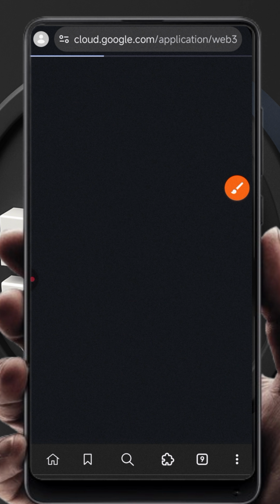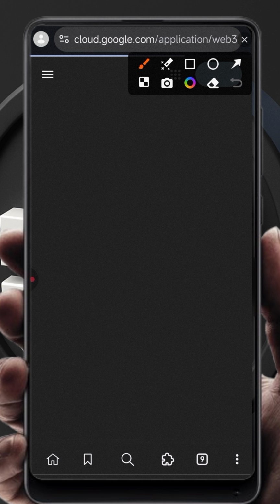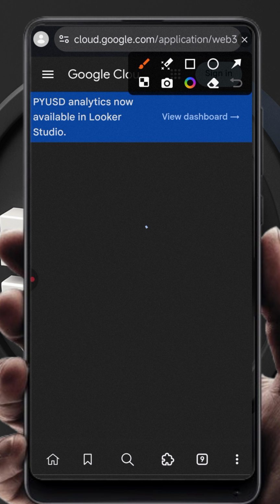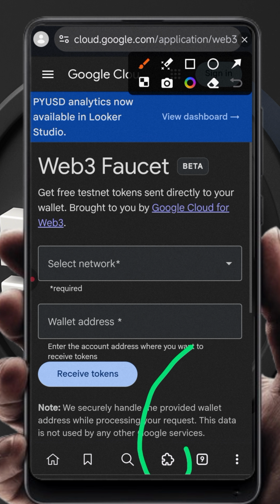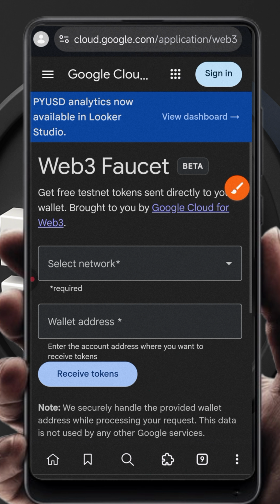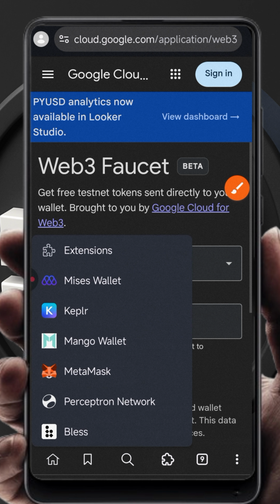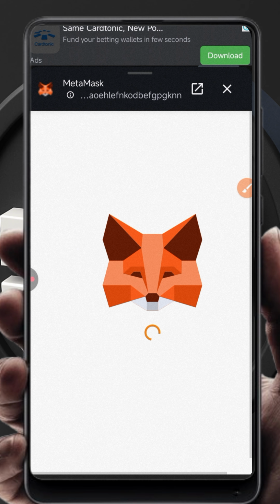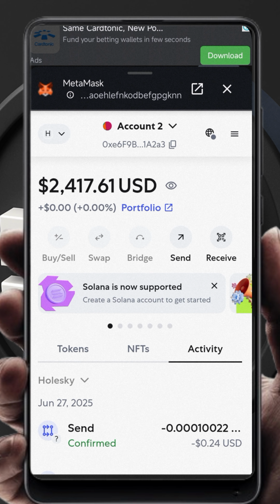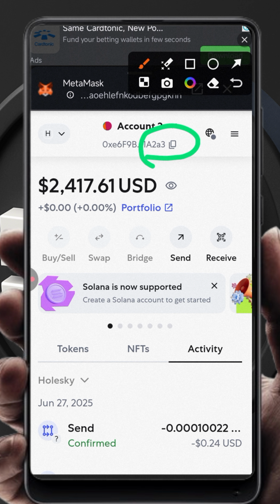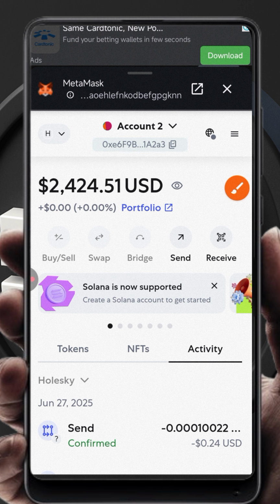Then while that is loading, you need to go to your extension to get your Ethereum wallet address. So click on this icon you see here. Click on it. So once I click on that, I will click on my MetaMask. Wait for my MetaMask to open. So from my MetaMask, I need to copy my wallet address. Okay, I need to copy my wallet address,